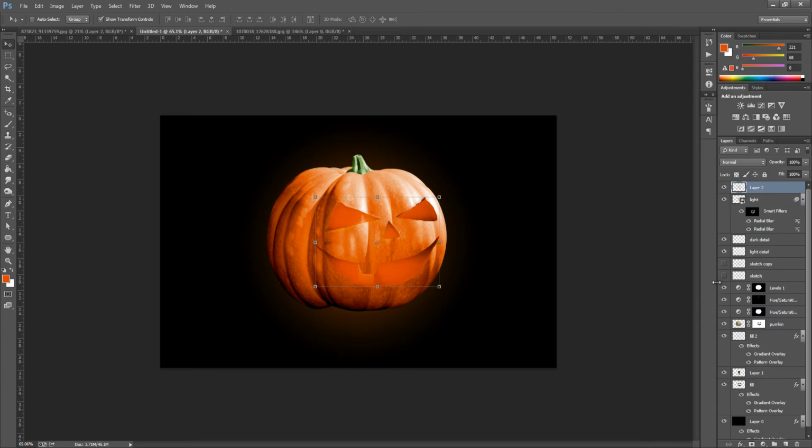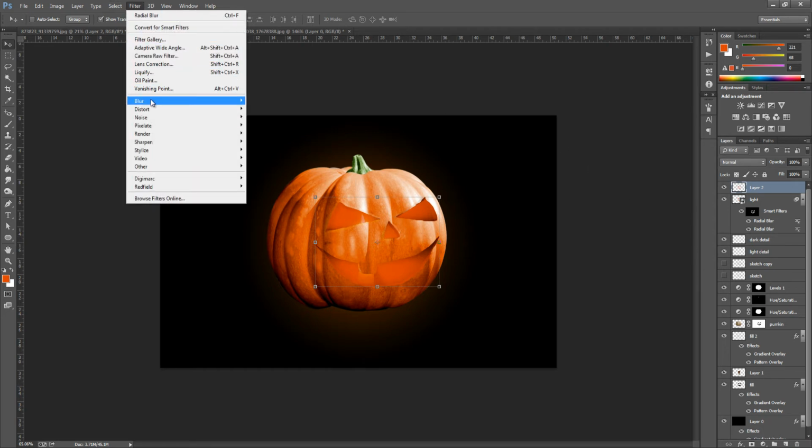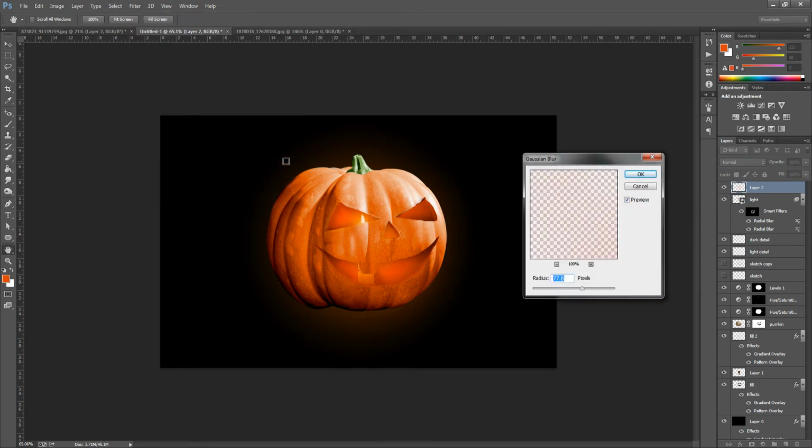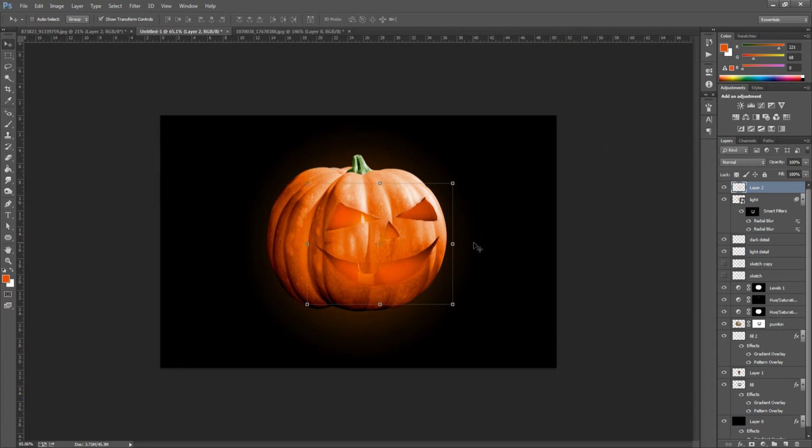So now that we've rendered the filters, we're going to put a Gaussian blur onto this. So Filter, Blur, Gaussian Blur. And we want around about 25 to 26, so let's have a look at it. Let's bring it up one. Let's go for 26 and see what that looks like. Around about 26 would be okay for this.